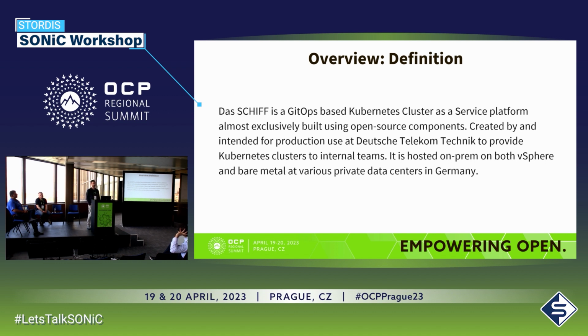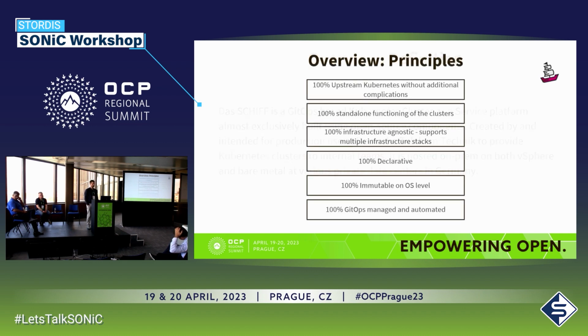And we want to continue in the spirit of cloud native and run a cloud which can scale and serve thousands of customers and possible use cases. So we carry the principles of cloud native software in our thinking and try to adhere to these in our design. So these include things like being 100% upstream compatible with Kubernetes with no additional complications, that our clusters can